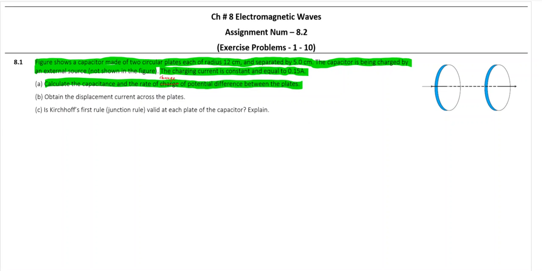Then the second question is: obtain the displacement current across the plates, and lastly, is Kirchhoff's first rule valid at this